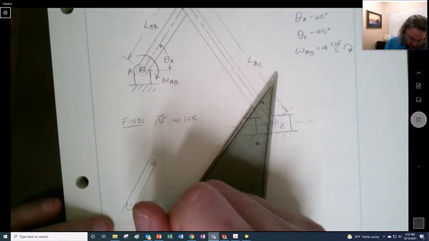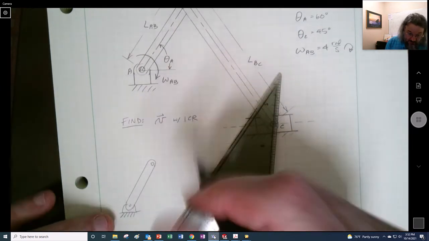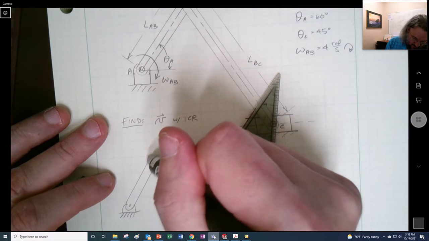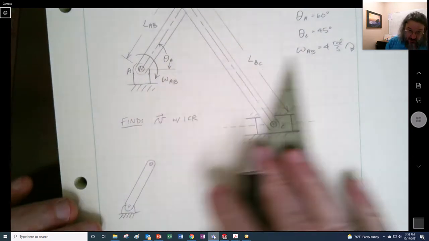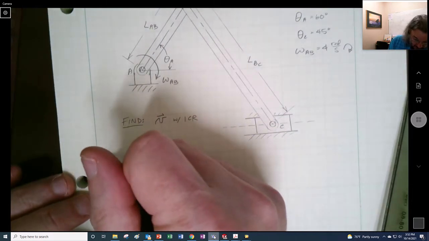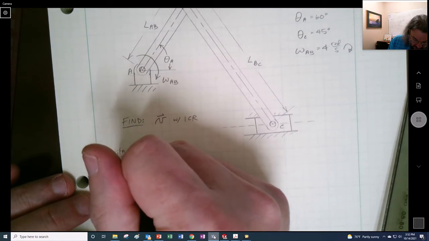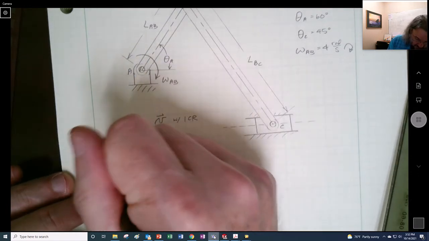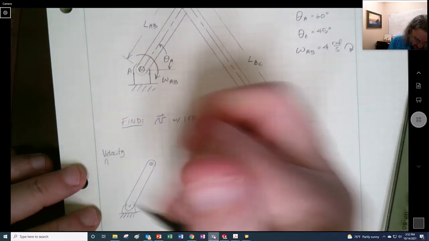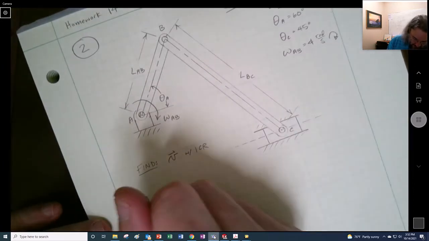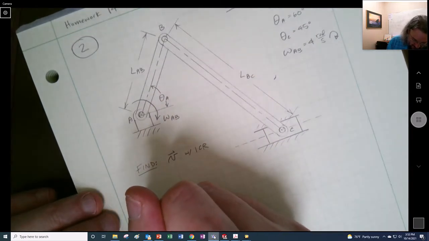So starting out, here's a velocity analysis of link AB, and a lot of times that's what I'll do later on when I'm doing the acceleration stuff. So we go to the velocity analysis. Maybe I'll write it out there. I can't remember how I usually do it. I usually don't write it out so long. Analysis